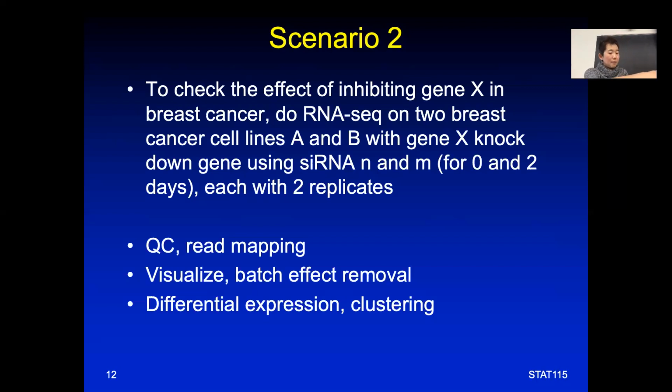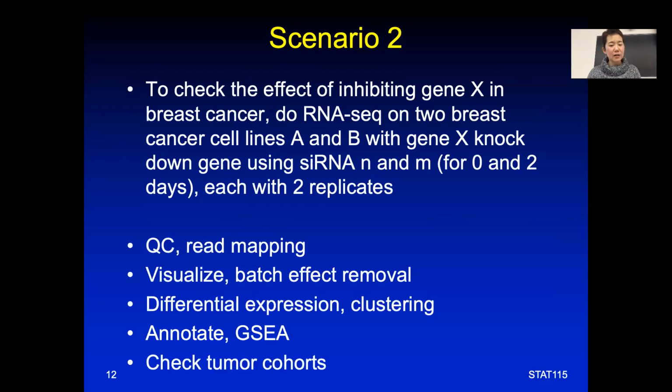And then you want to get the really consistent ones, because assuming that there's some off-target effect, the really consistent ones between the cells, between the siRNAs, that's the one that you probably want to take downstream onto the gene ontology analysis, right? You can then do DAVID or something. You can also run the gene set enrichment in this case to see whether it's related. But more, because we want to see what this effect is on genes, you might want to get some breast cancer cohort to ask,